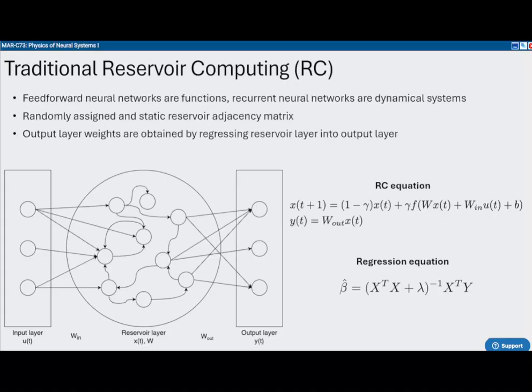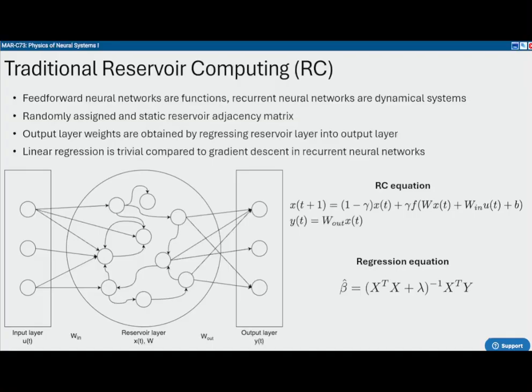typical neural network learning process, whereas on one hand, you usually do the gradient descent. Maybe you'll have to train all these connections. In reservoir computing, you go straight from all the reservoir activity straight to the output layer. And what you do is you do a regression in order to obtain this set of output weights. And this is really good because linear regression is very easy. You don't have to do gradient descent. And when you're doing gradient descent in a recurrent neural network, you can have bifurcation problems when you're trying to go back in time. You have to do training throughout all of that, whereas this linear regression is just a